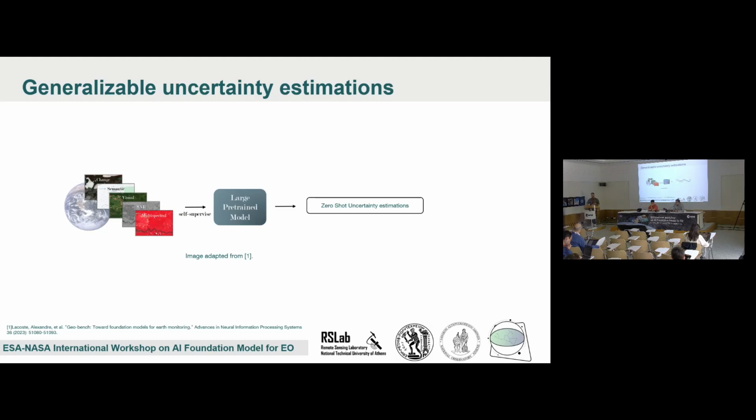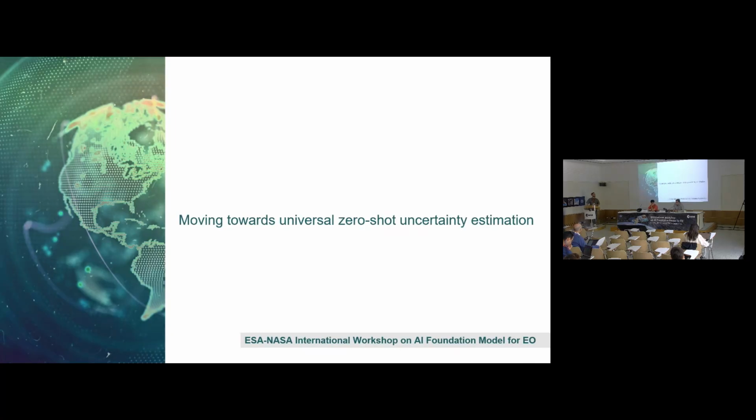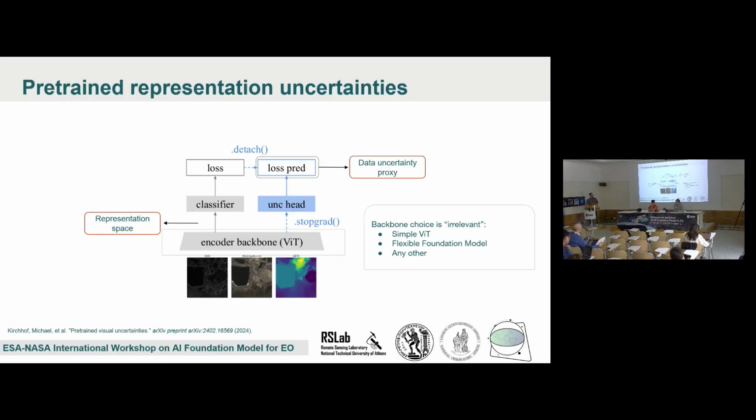So we started exploring the concept of a universal zero-shot uncertainty estimation. The main problem is that we had no idea how to approach this, nor whether this can actually work. So we started looking a bit into the literature, and we found a really cool work by Kirchhoff et al. that tried to approach the concept of pre-trained representation uncertainties via a loss prediction task,